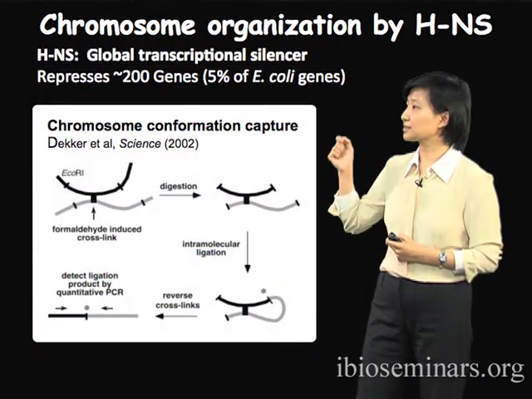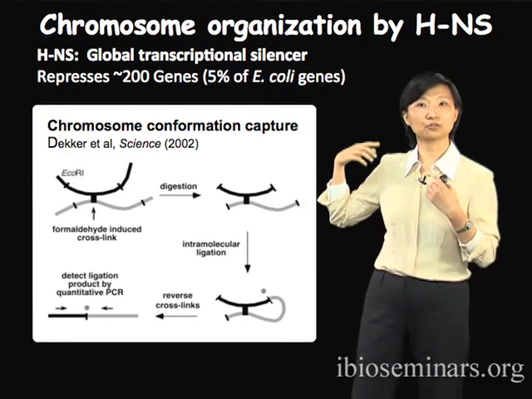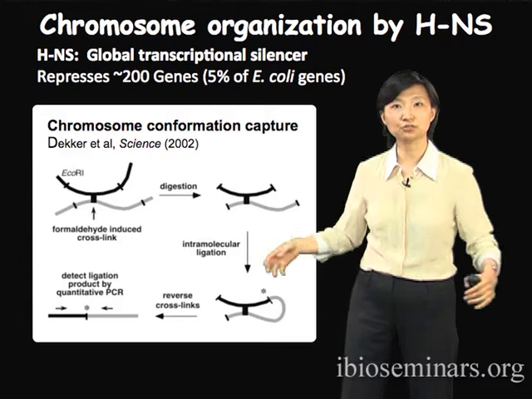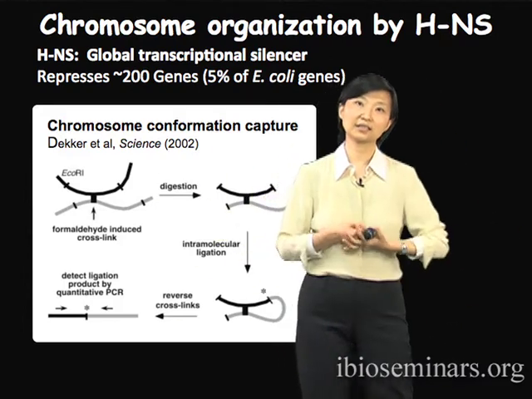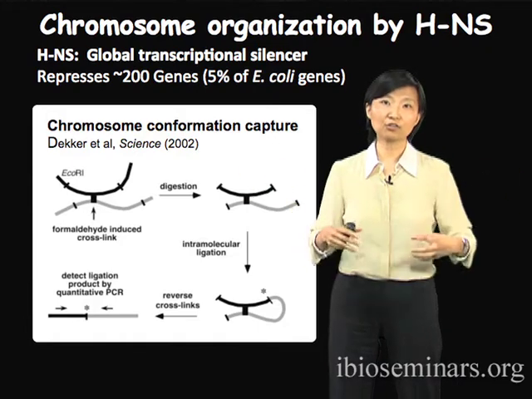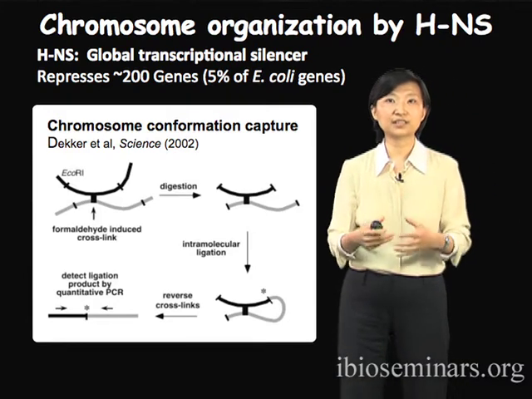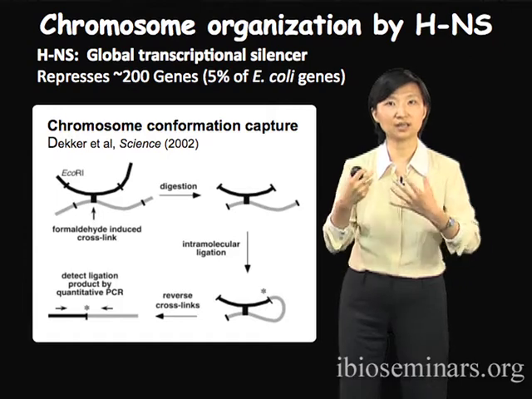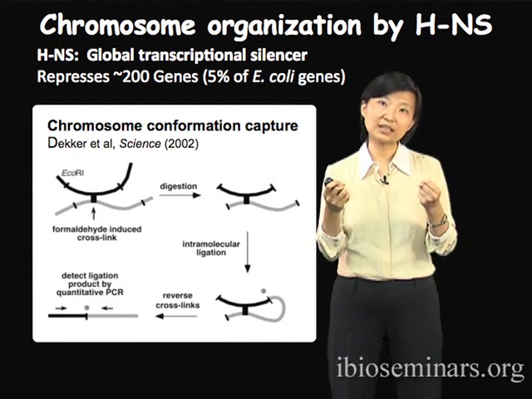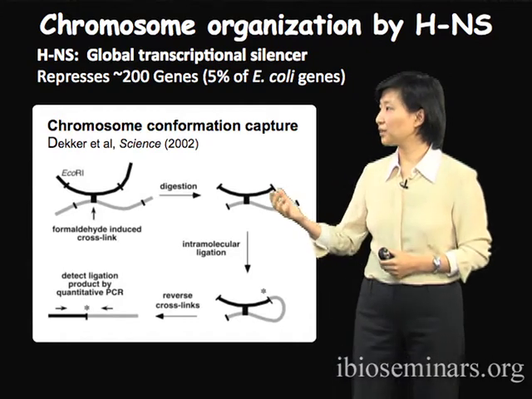And as I said, since HNS is a global transcriptional silencer which represses about 200 genes, it actually has even more than 200 binding sites distributed broadly throughout the E. coli genome. So by sequestering these sites into the clusters, we think that HNS has a global organization and compaction or condensation effect on the E. coli chromosome. To see that these genes are indeed brought into proximity in a more high-throughput way, we utilized a method called chromosome conformation capture,